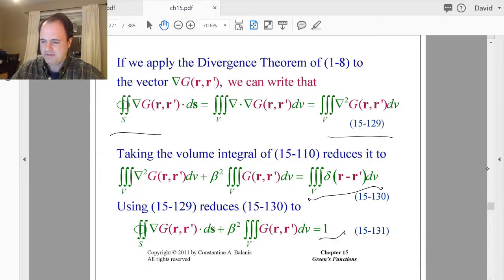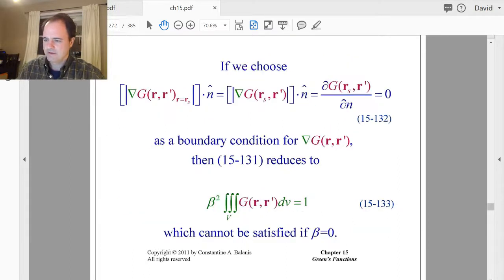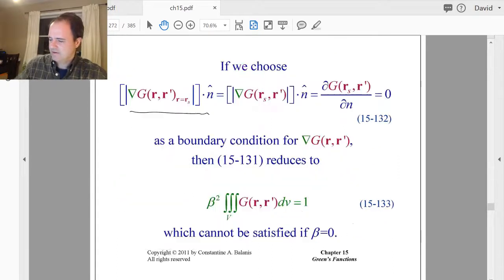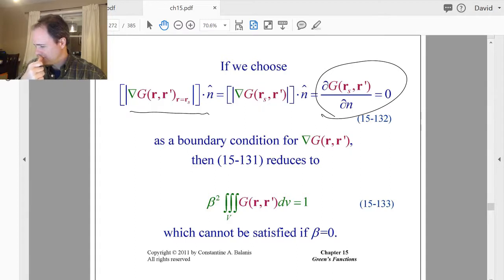And we apply the divergence theorem to this right here, and this is what we have, all right? Where we have the del dot S right there, all right? So if we choose this, which is involved in this portion right here, to be uniquely 0 over the entire surface, then what this says is that this imposes the condition of this,